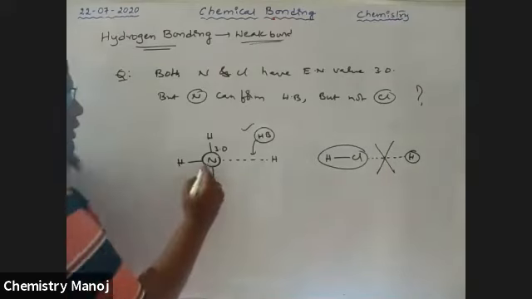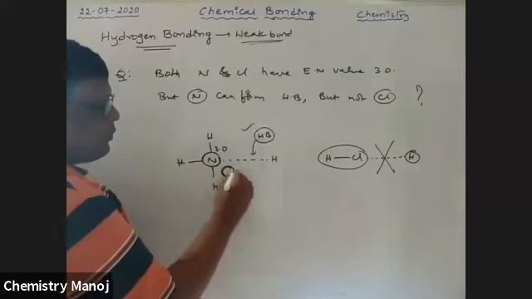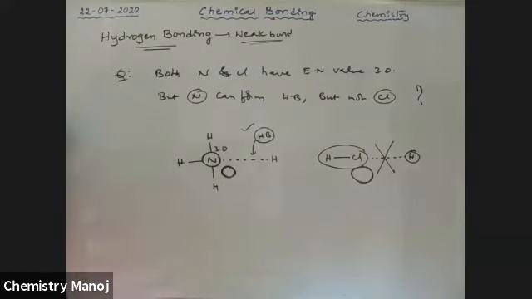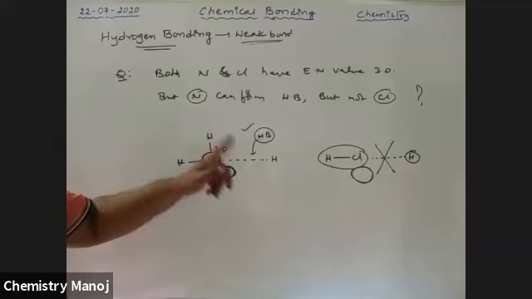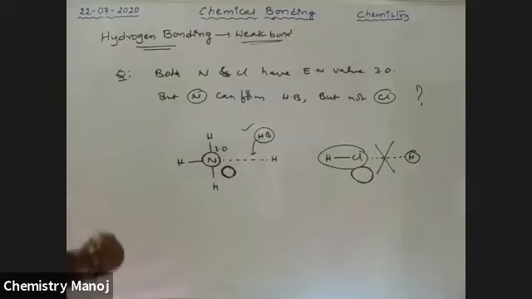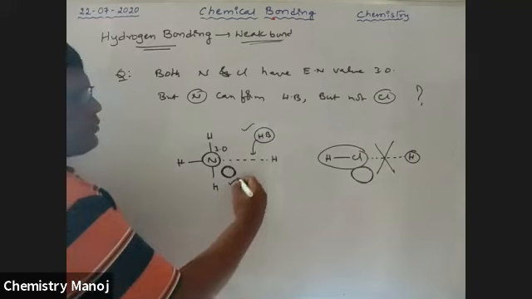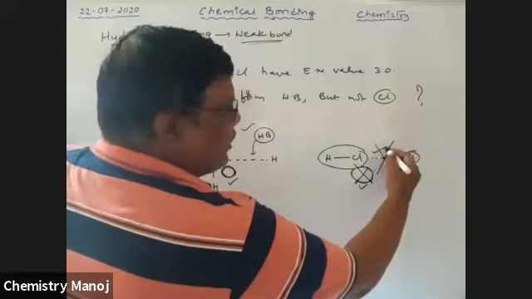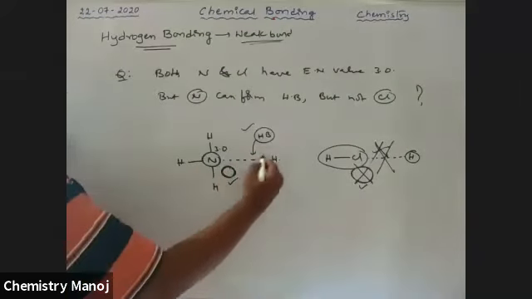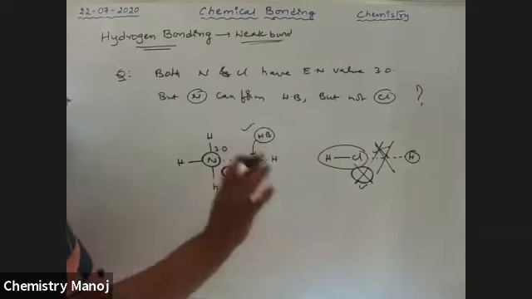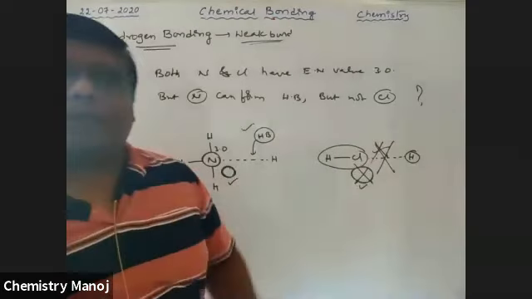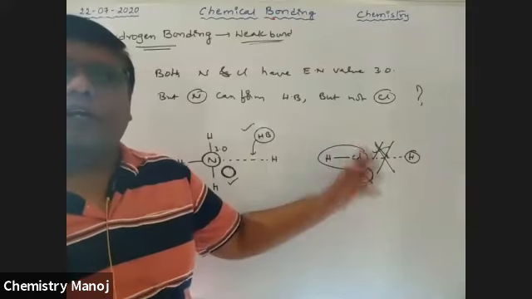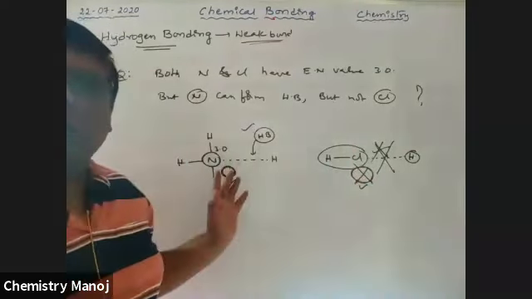Because nitrogen atom has a small size, but chlorine atom has a big size. This attractive force is strong when the atom size is small. That is why. So nitrogen has a small size, chlorine has a big size. Therefore, big size atoms never form hydrogen bonds. Nitrogen can form hydrogen bonds, but not chlorine, because of the larger size of chlorine, even though its electronegativity is equal to nitrogen.